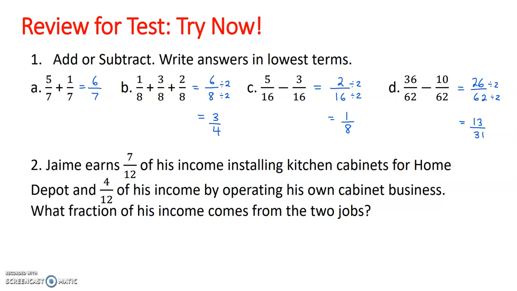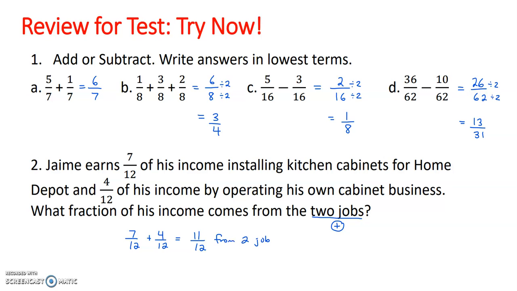For number 2, Jamie earns 7/12 of his income at Home Depot and 4/12 by his own business. So from the two jobs means we have to combine them. 7/12 plus 4/12 is equal to 11/12